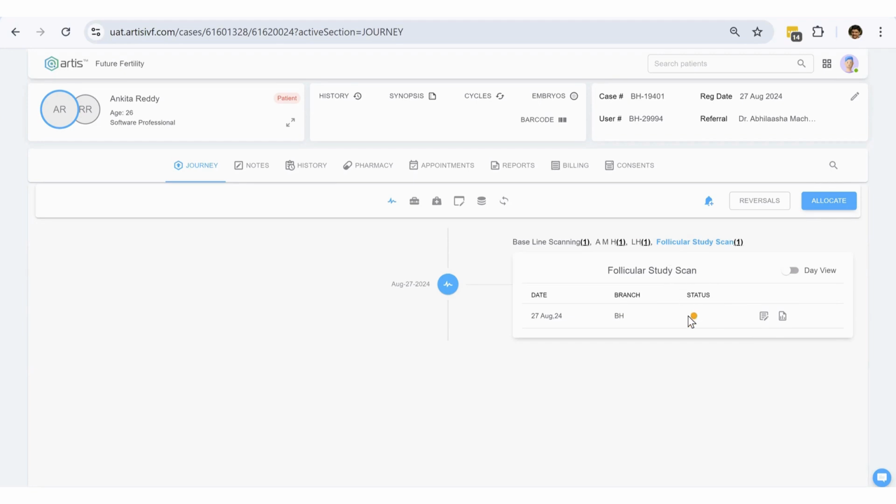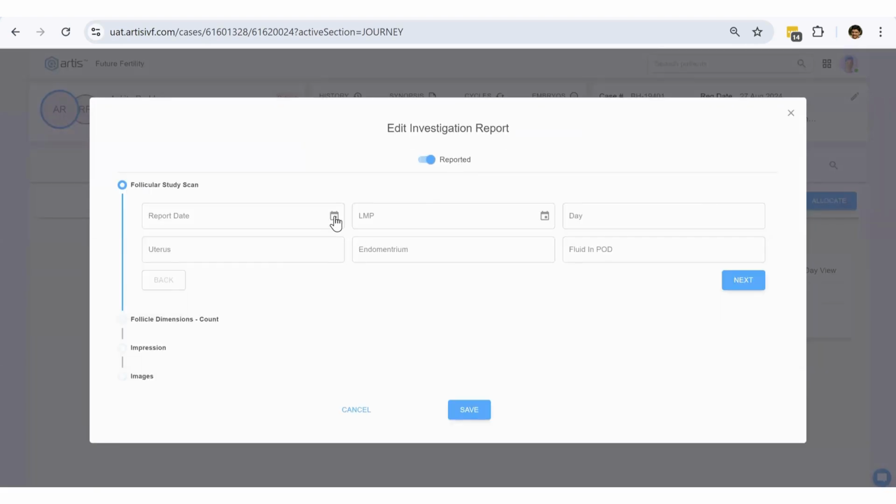And similarly, let me also update follicle study scan, which is very, very important. A patient goes through multiple scans during the stimulation. And to make it simple, the nurse who is along with the doctor can make a note of the report details then and there, instead of making a note and updating later. Some details: endometrium thickness